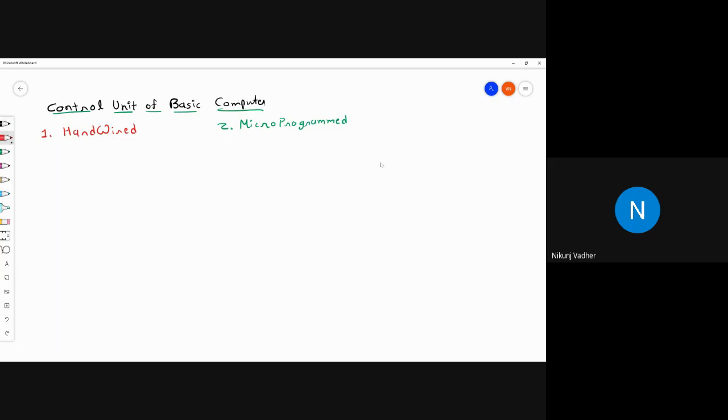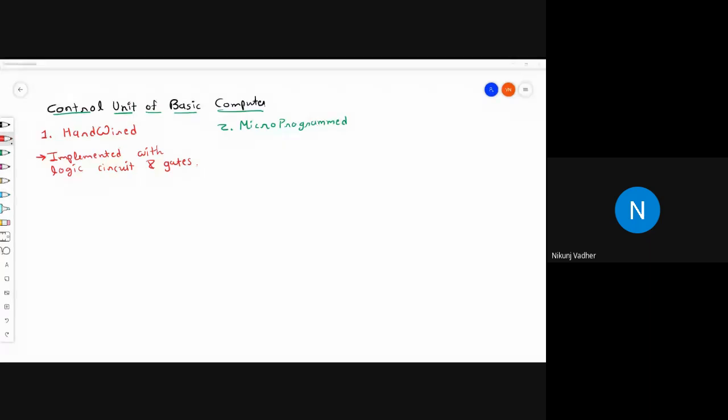The control unit which is implemented with the help of logic circuits and logic gates is known as the hardwired control unit.